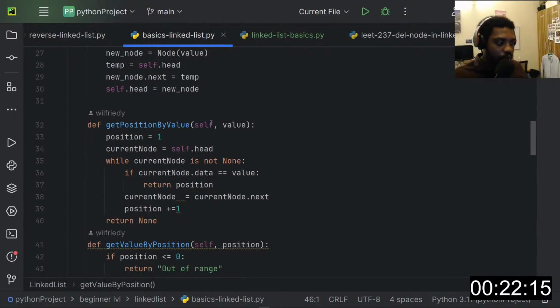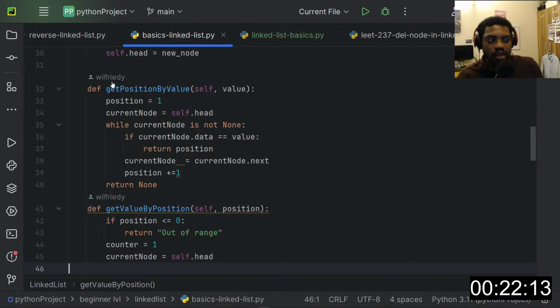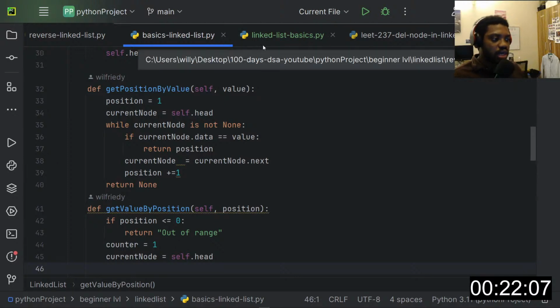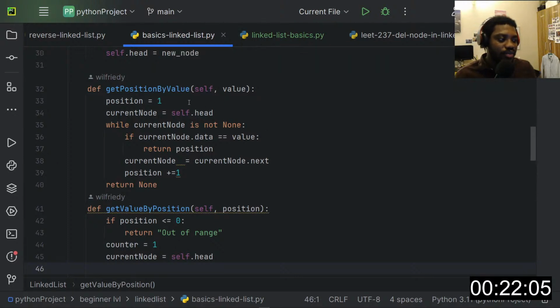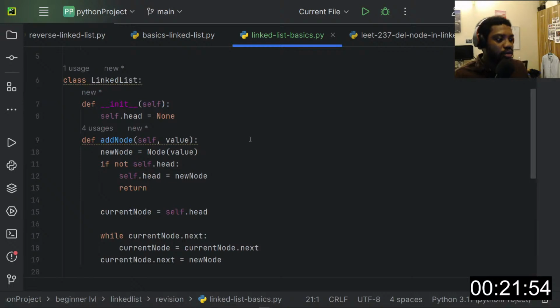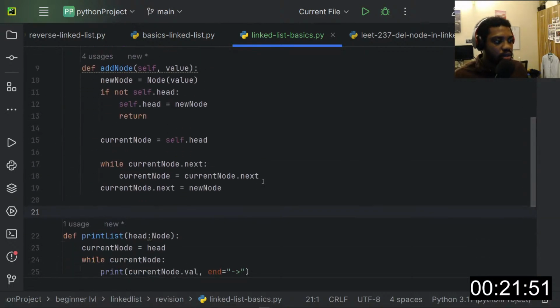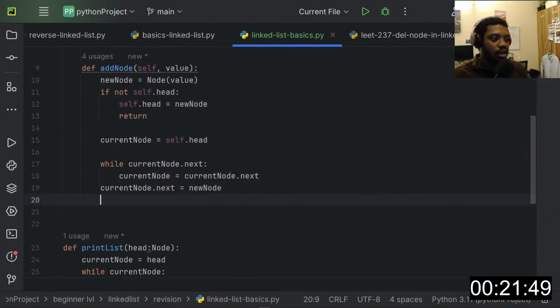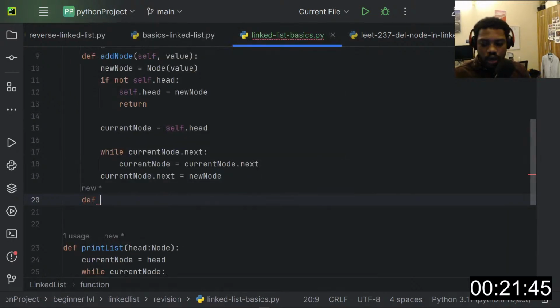So, to get the position of a node in a linked list, you simply need to set a count, or position. This is just going to increment every time the value is not that node. Okay, so let me show you what it is. Let's say we want to get the value, let's say define. I'll just do this one, and